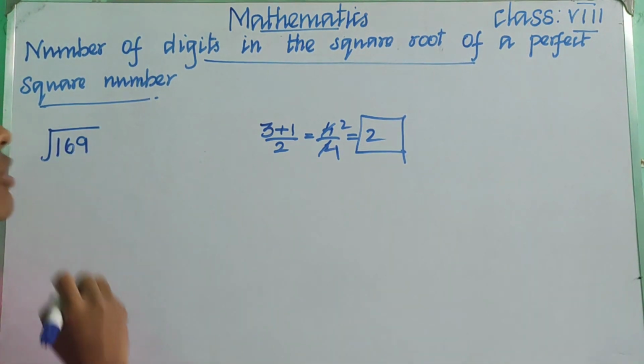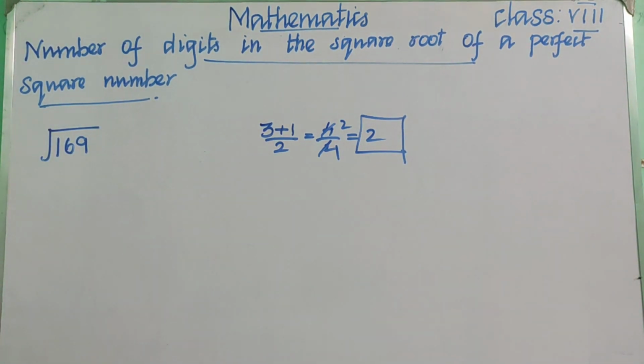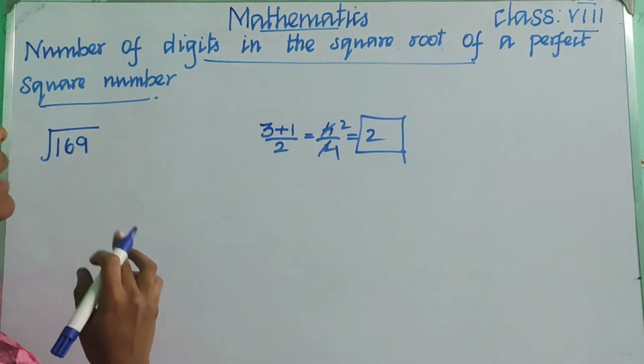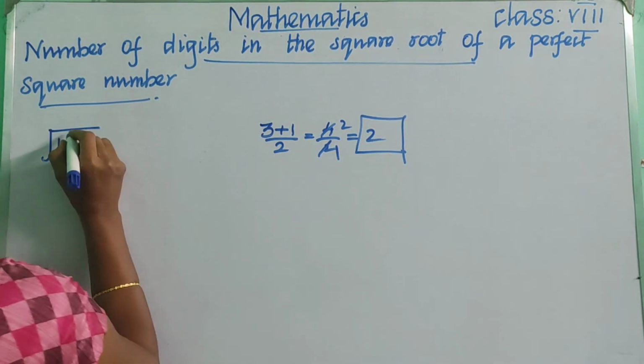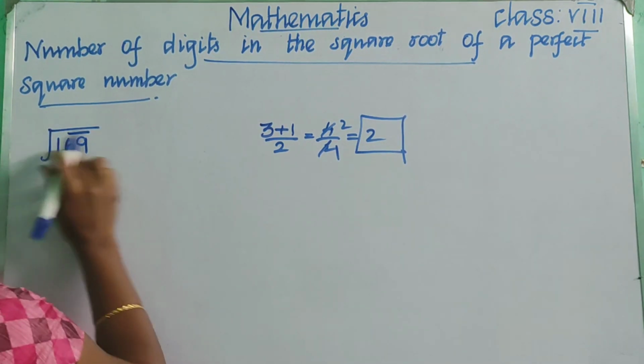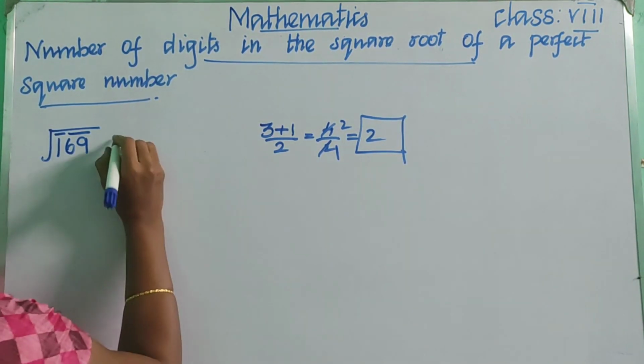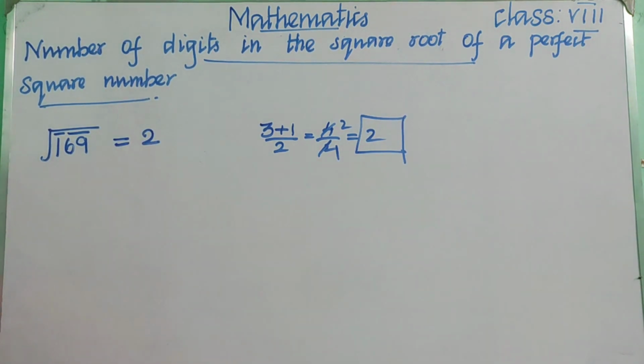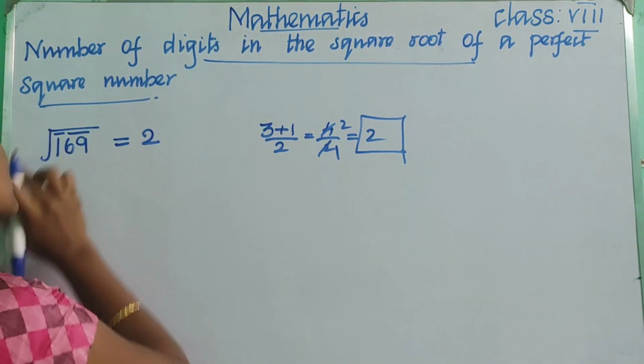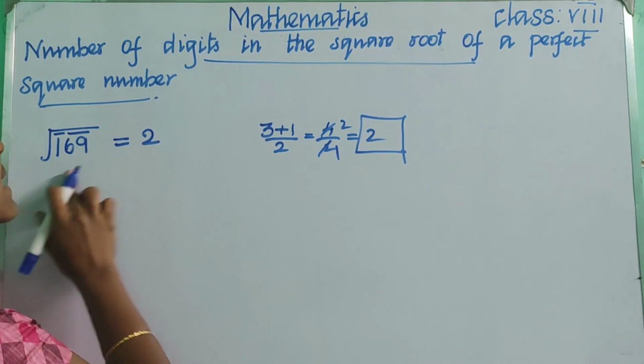Okay, so we have learned the bar in the long division method, right? So we are going to put the bar from right to left, counting 2 digits. Now put the bar for 2 digits, and at the last we are having only 1 digit. So how many digits will we get? 2 digits. Okay, children, so while counting these bars, we can say the number of digits.